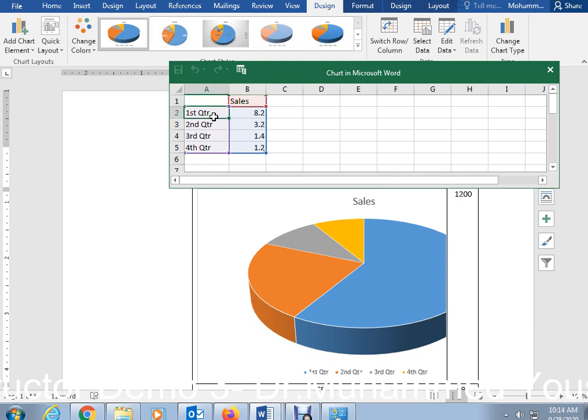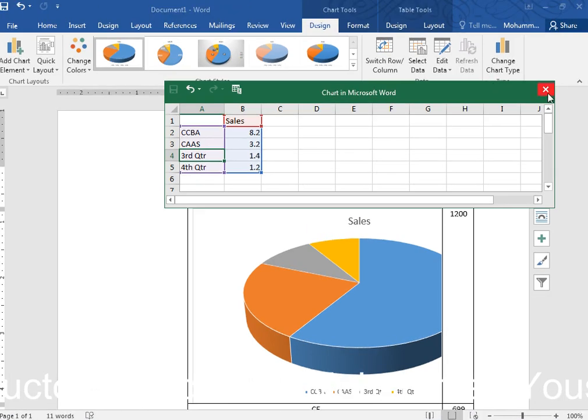Now what I write is, you can see here, I want to draw the chart for CCBA, because my chart is about the colleges. CAS. See, Excel will also open, so don't get afraid. When you see Excel opening, don't get afraid. Now you just create a chart like CAS, then College of Engineering, and then Foundation Program.